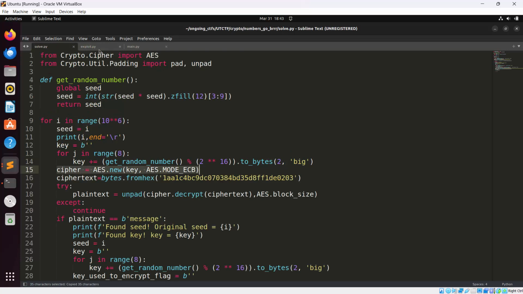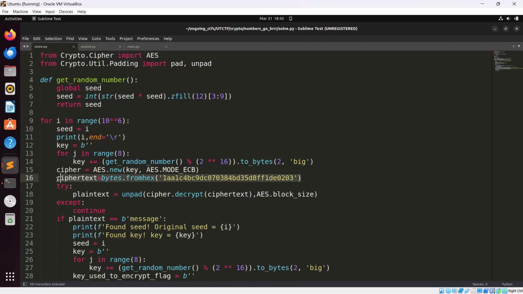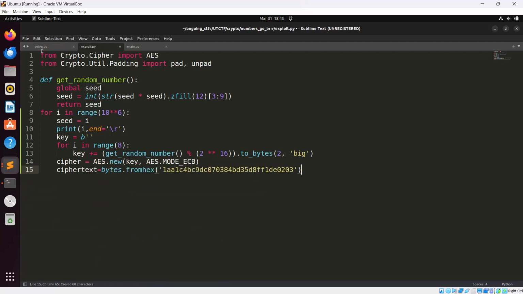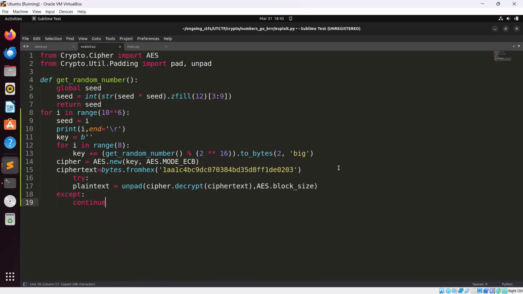Cipher is equal to this, and now note that our cipher text will change every time. And now let me tell you what this try except is doing. It tries to decrypt it. If it gives an error, then it continues. That means the seed is not correct, and this is basically it. And if it is actually correct, so we can see if plain text is equal to message, I'll print